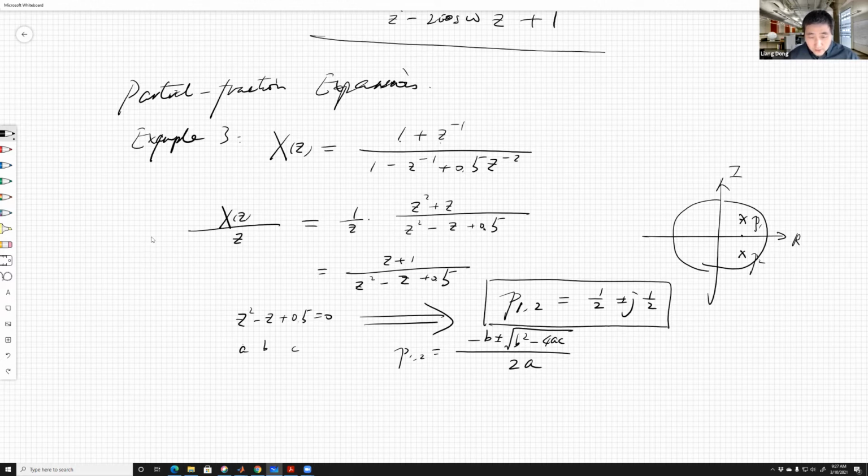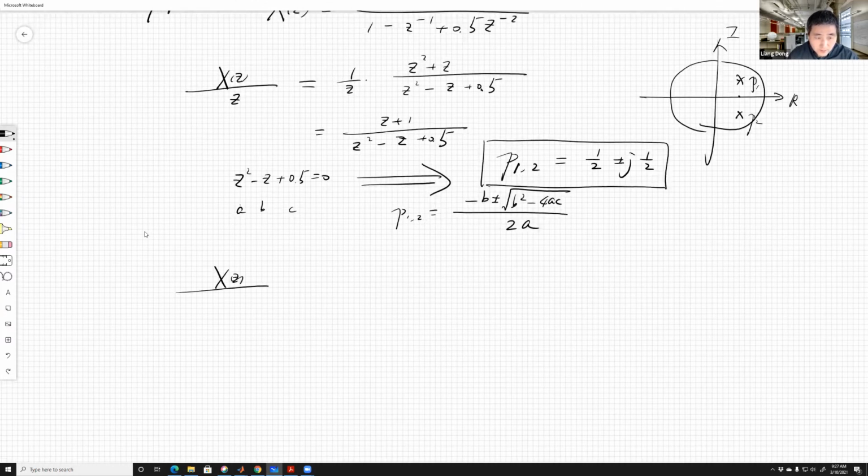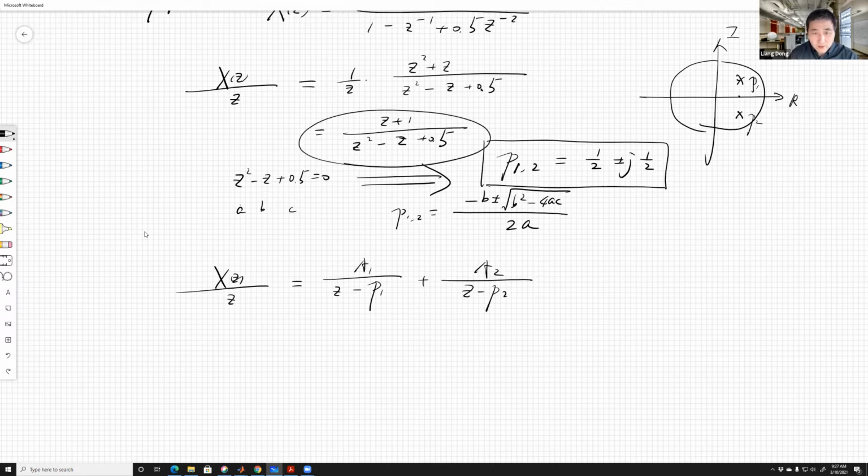We know I got those 2 poles, and I want to find the residues, A1 and A2. I have X(z) over z equal to A1 over z minus p1, plus A2 over z minus p2. I want to find those A1 and A2. In this case, it's a function of z already coming from this, and I know p1, p2 are given in the box. To find this, using what we have in the book,